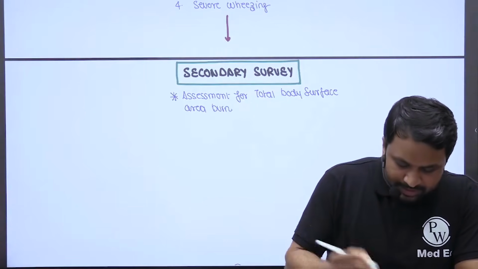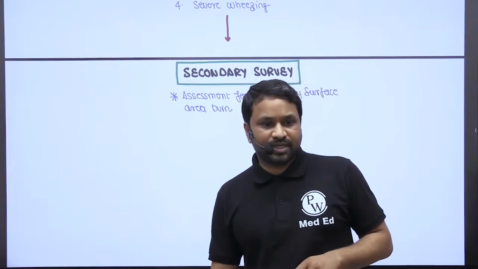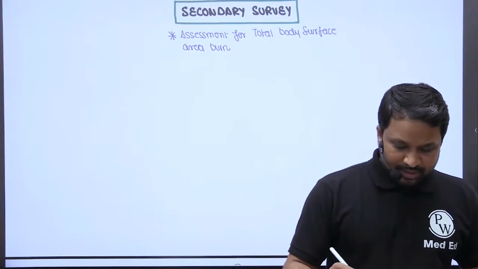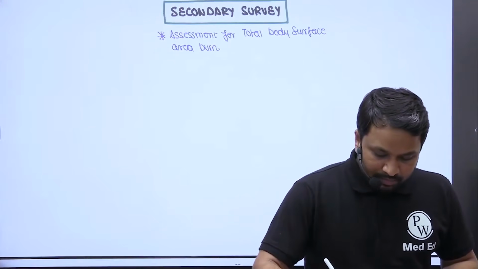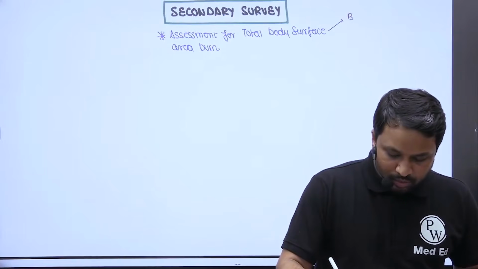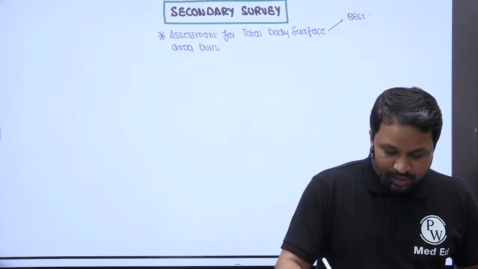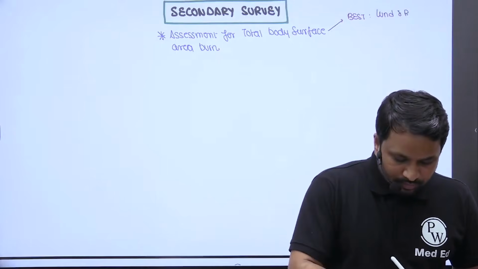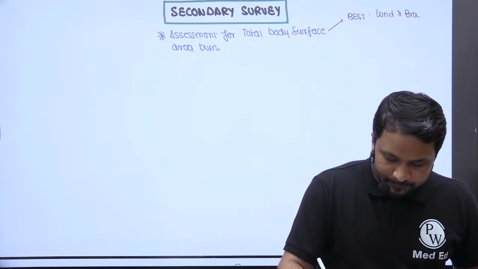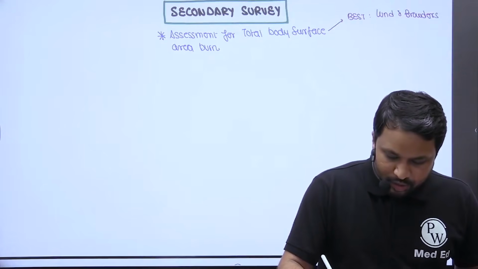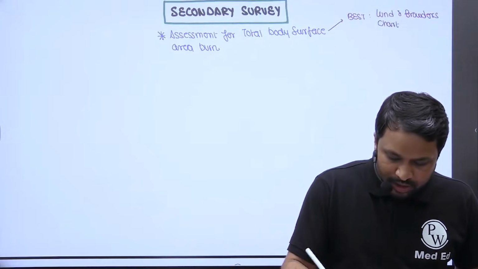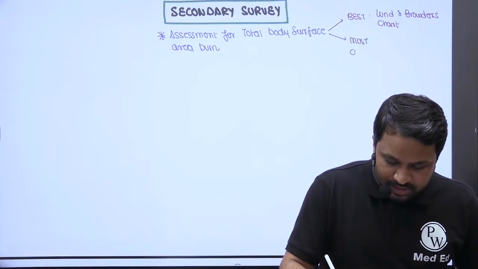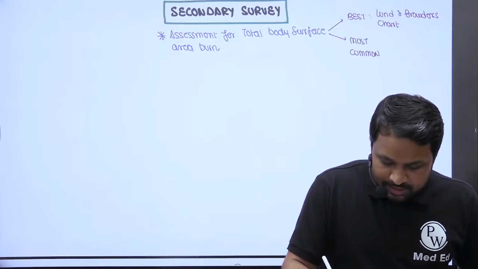This is going to be an assessment for the total body surface area that is going to be burnt. Now, when you're talking about this assessment, there are two things that you remember. If you're talking about which is the best method, it is going to be the Lund and Browder chart. But if they ask you which is the most commonly used, which is fast, which is easy and understandable, that